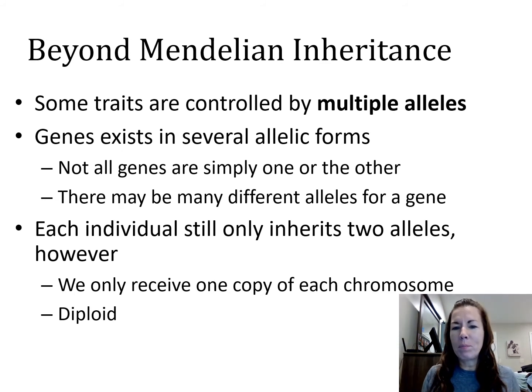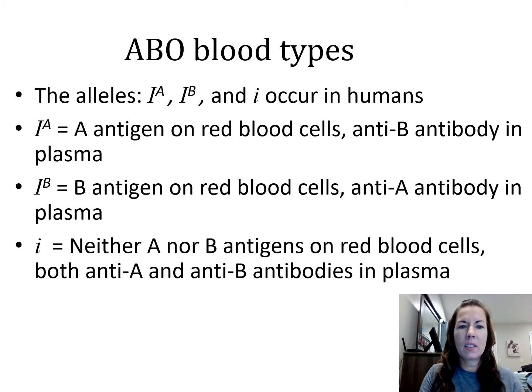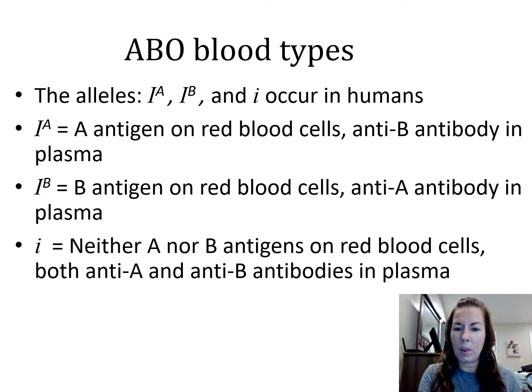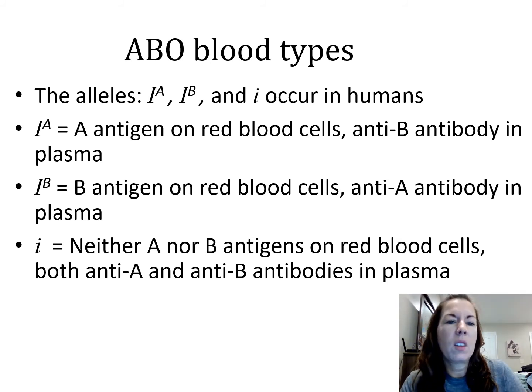Some traits are controlled essentially by more than one allele. That does happen. Most often that happens. Blood type is a really great example of times when you can see the existence of more than one allele expressed at once. So for human ABO blood types, if you have